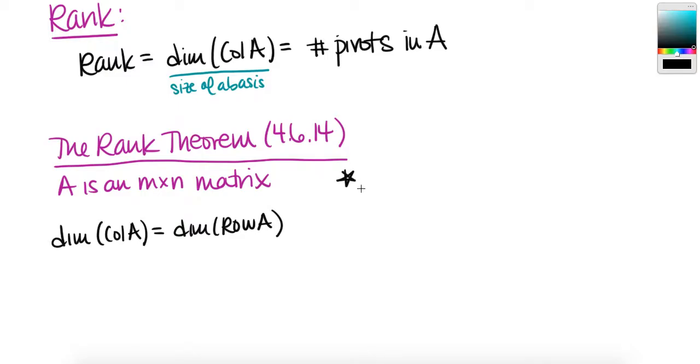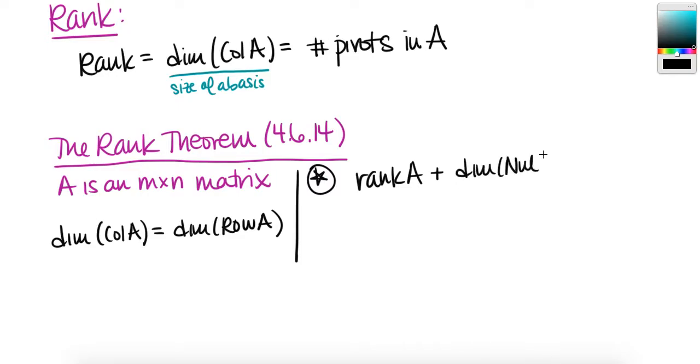But the main thing in this theorem is the following rank equation, okay, which is that the rank of A plus the dimension of the null space of A is equal to n. All right, and let's break this down. So n here is the number of columns. Dimension of null space, we got that by finding the number of non-pivot columns. And rank is the dimension of the column space, which is